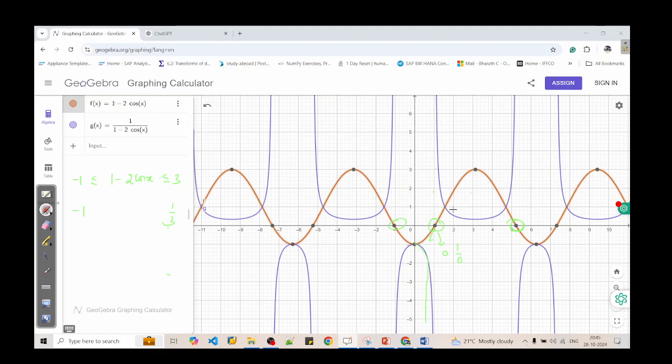And at this point, when we are going from the right, this value is 0, and 1 by 0 is infinity. So it goes to positive infinity. Similarly, whenever it crosses 0, if you are coming from the left side, it goes to minus infinity. If you are coming from the right side, it goes to plus infinity. So what we can understand from here is,